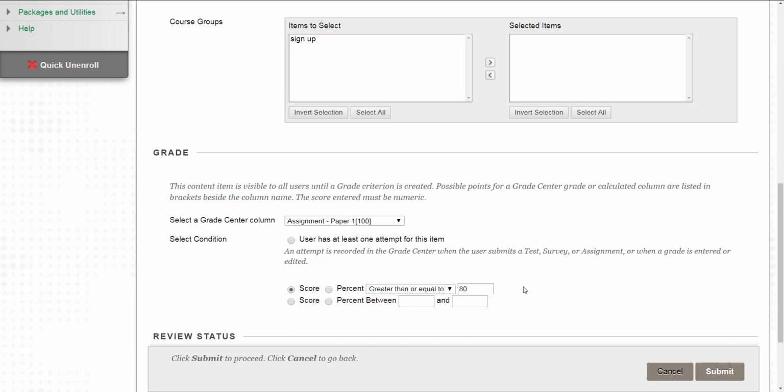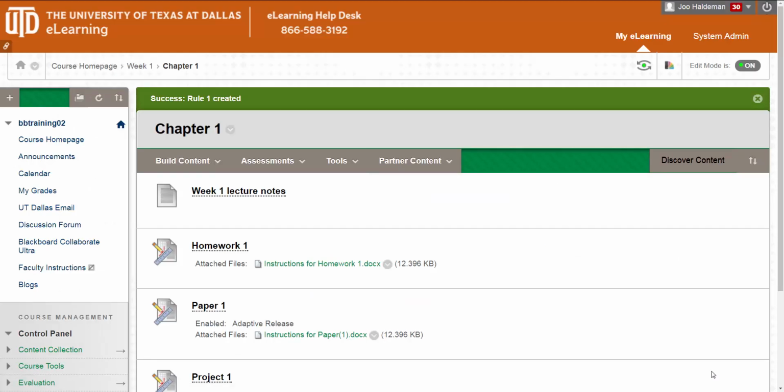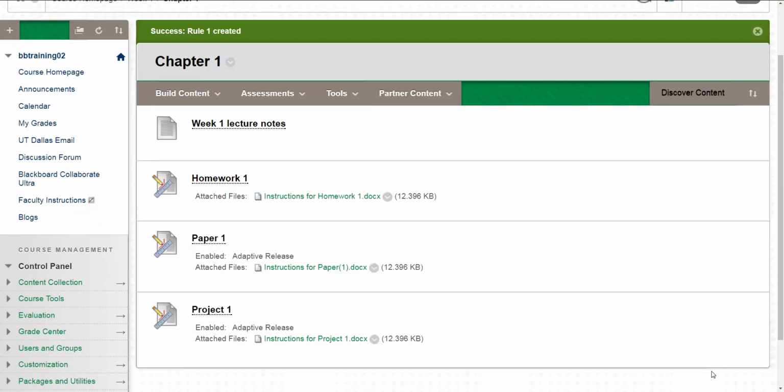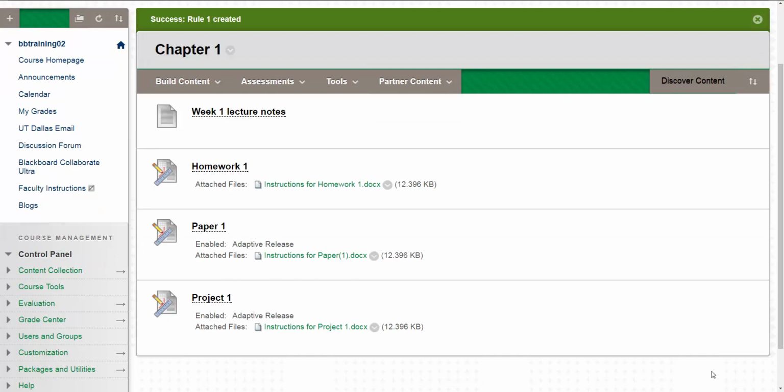And select Submit. You should see the message Success, Rule 1 created, and see that Project 1 now has an